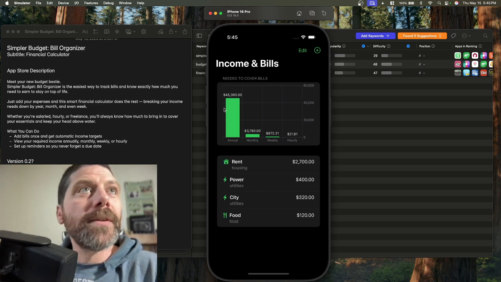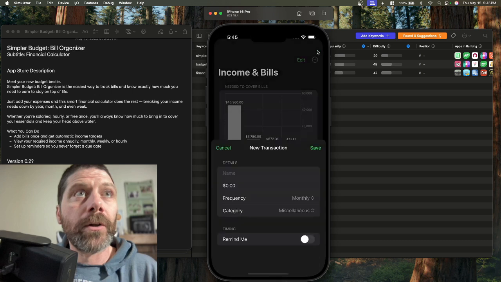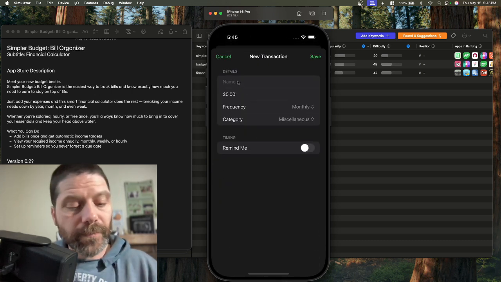You can see it climbing up to the 60. So you get these little charts, little visuals, and you can keep on adding. And the idea is it saves all this. It has the recurring information, so you don't have to go in, and you can set it for the recurring dates. You could put in here,